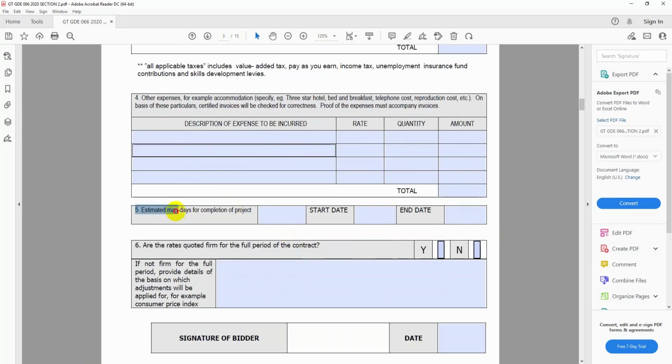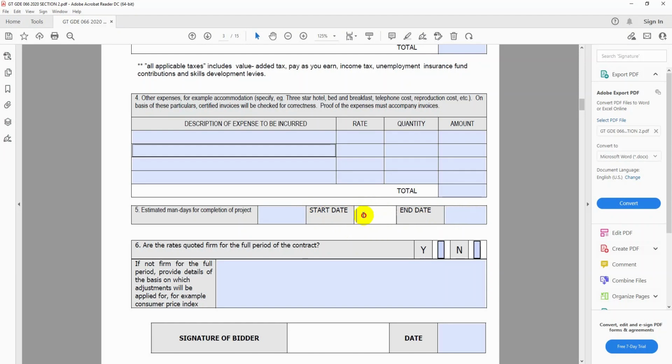And then point 5, estimated man days for completion of the project. They said it's 3 years. So obviously you will start here at the end of 120. They said the validity period is 120 days. So you can just project that from 120 days from the day of the advert until